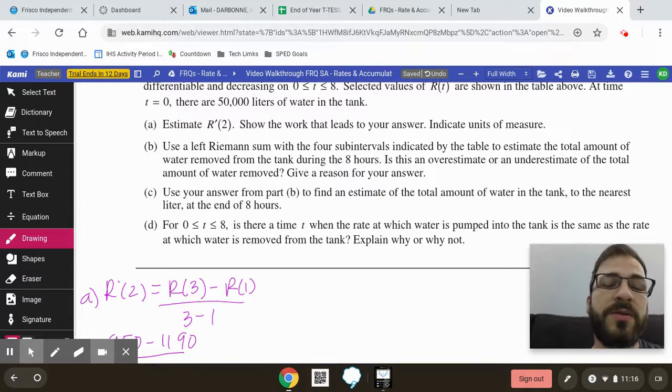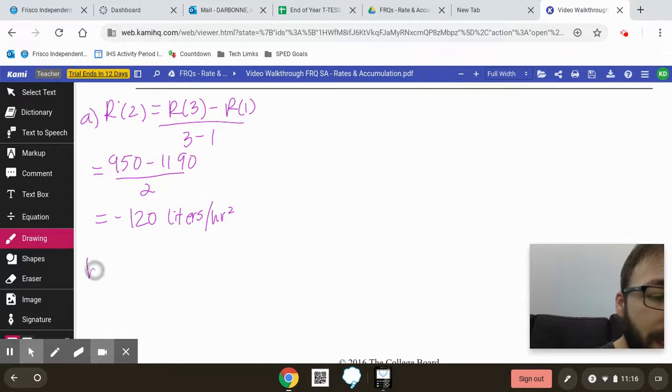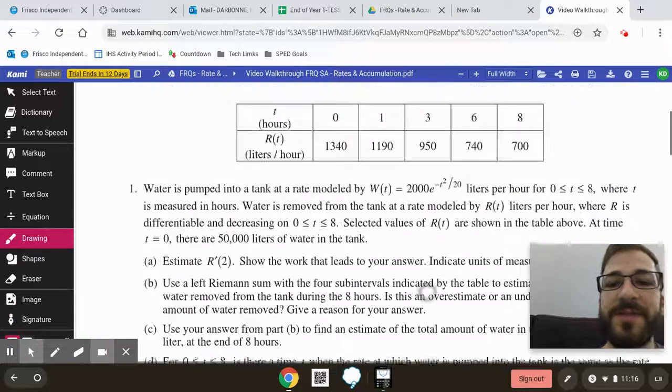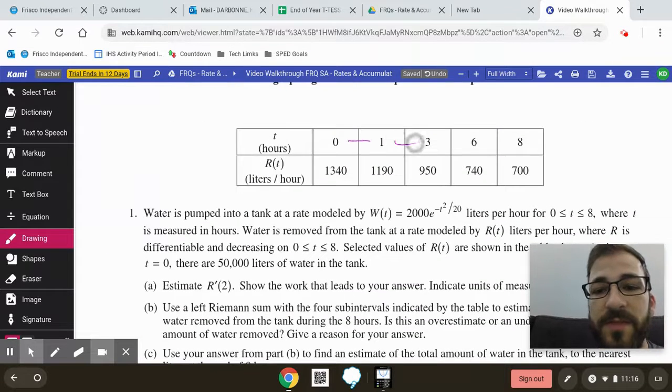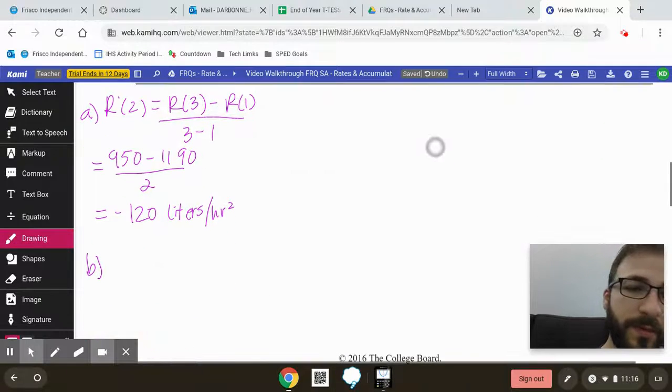Part B, we want to use a left Riemann sum with the 4 subintervals indicated by the table to estimate the total amount of water removed from the tank during the 8 hours. And then as a second spot, is this an overestimate or underestimate of the total amount of water removed, and give a reason. Okay, so first off is a Riemann sum. Riemann sums are pretty straightforward. Okay, it is a left Riemann sum, which means I'm going to be using these subintervals. I'm going to be multiplying them by the leftmost value for each of the intervals. So 1 times 1340